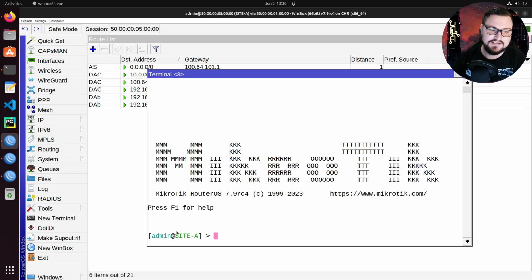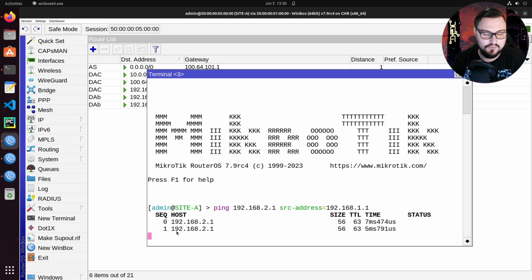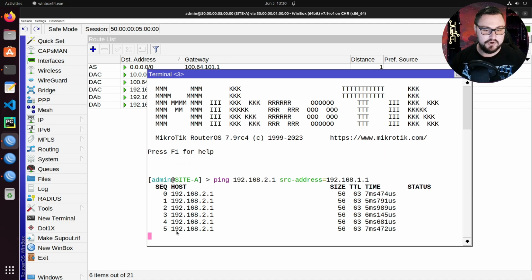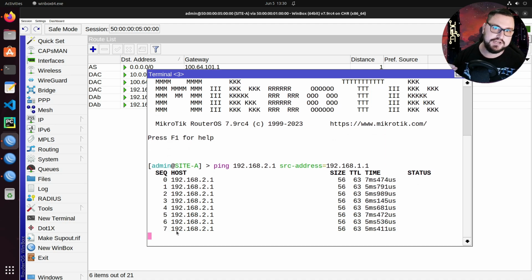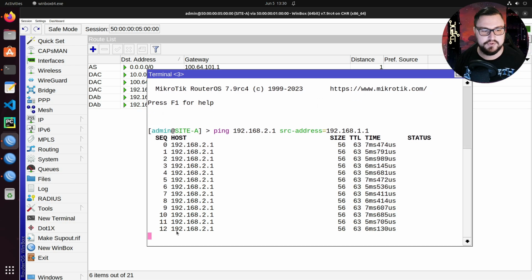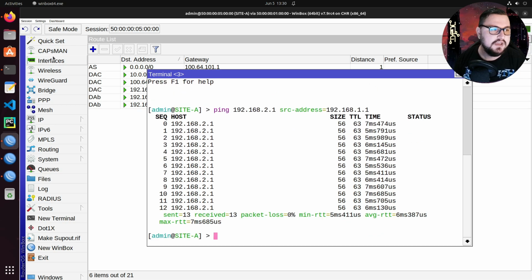So now let's test again. Let's see, can I actually ping 192.168.2.1 from 192.168.1.1? Let's see what happens. Whoa, that's crazy. So the magic has actually happened now, where we are able to dynamically push out routes across this WireGuard network through a hub and spoke type of topology via the DC, and we can get to the